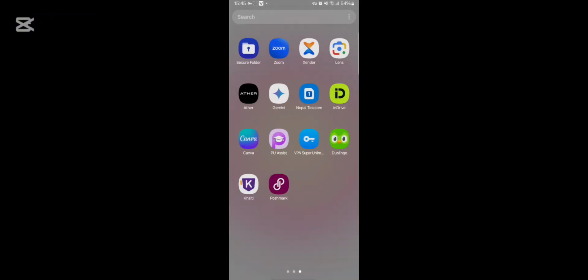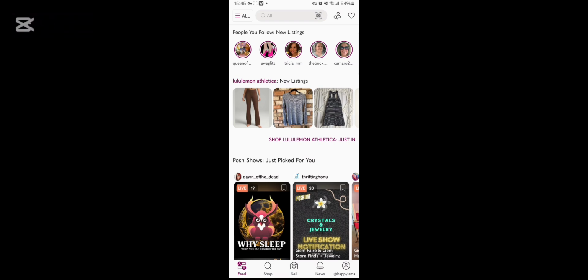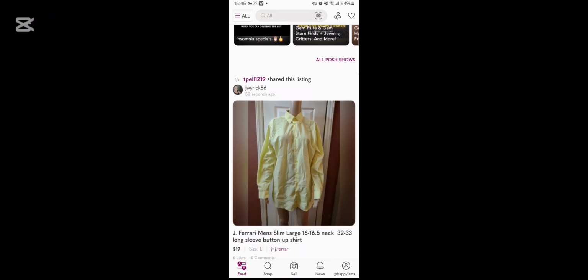So for this, first of all, you need to tap open your Poshmark app. So once you have opened it, you need to now get logged into your account. So after you have done this, you need to simply scroll down through the home screen and find someone you